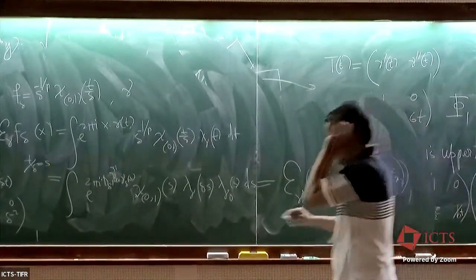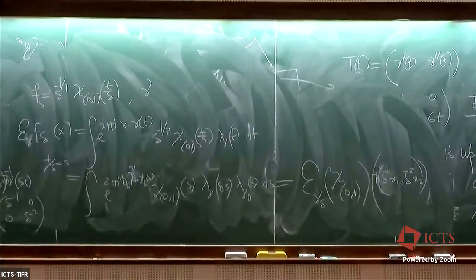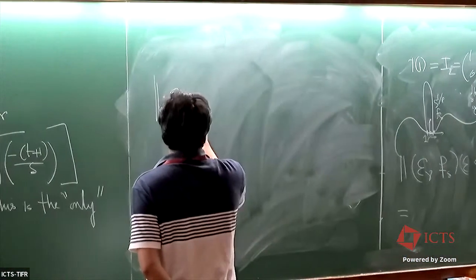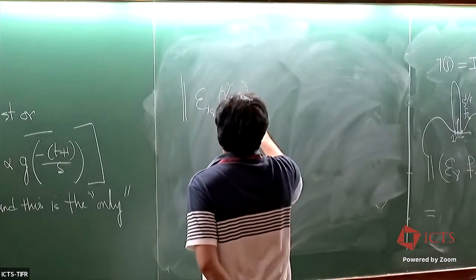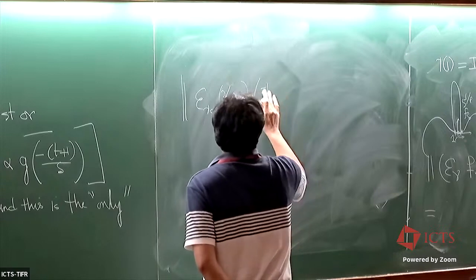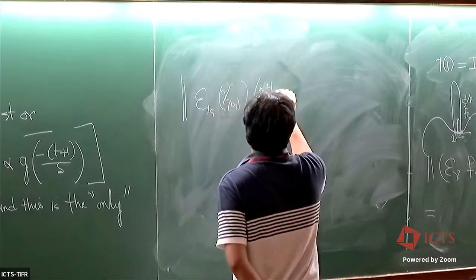So what we're looking at is this. What we are looking at is the extension of gamma delta applied to the characteristic function of 0, 1, delta inverse x1. So let me call this d delta inverse x,